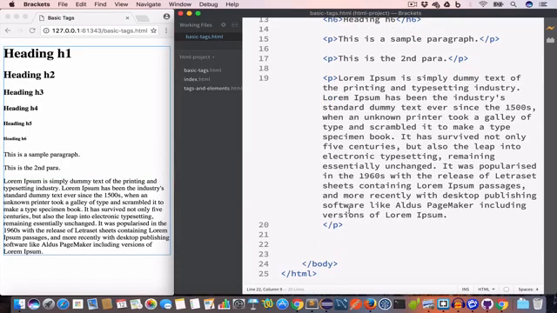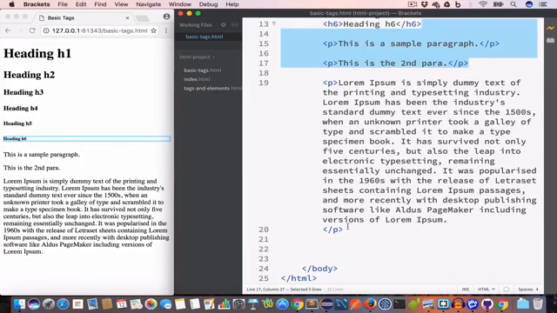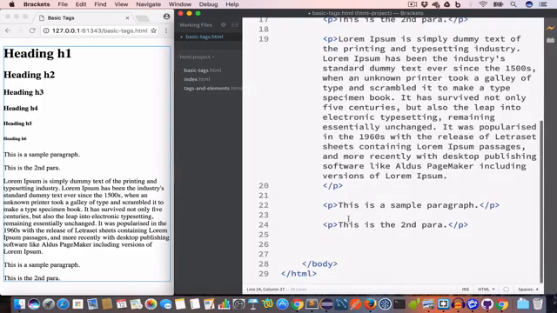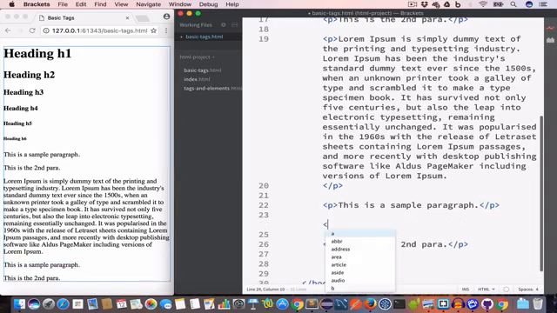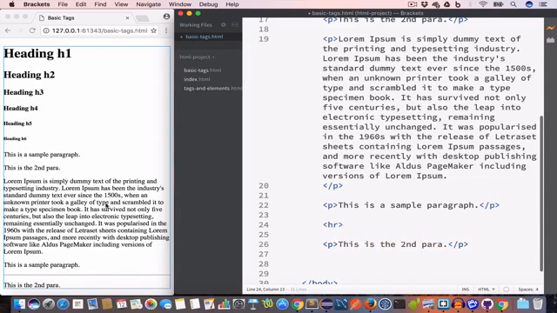The next tag is used to create a horizontal line and it is called the HR tag. So let's say we have 2 paragraphs and we want to create a horizontal line between the two. We'll use the HR tag. Let me go ahead and copy this. So let's say we have 2 paragraphs. This is a sample paragraph and we have another paragraph. This is the second para and we want a horizontal line. So we'll create the HR tag and you can see we have a horizontal line